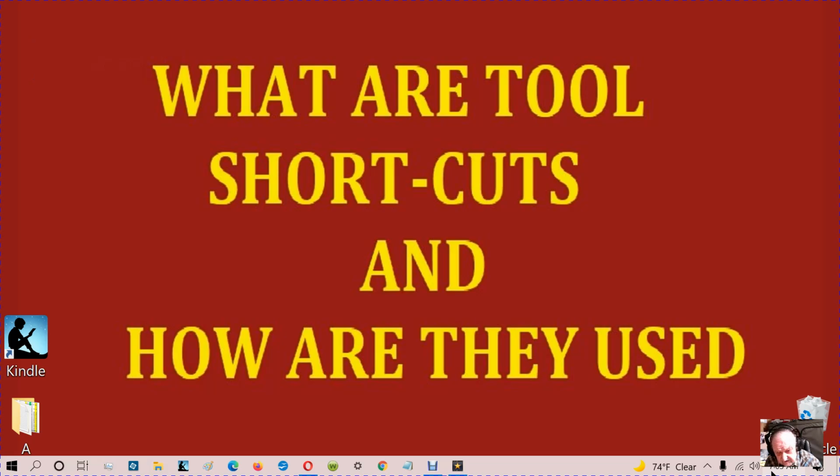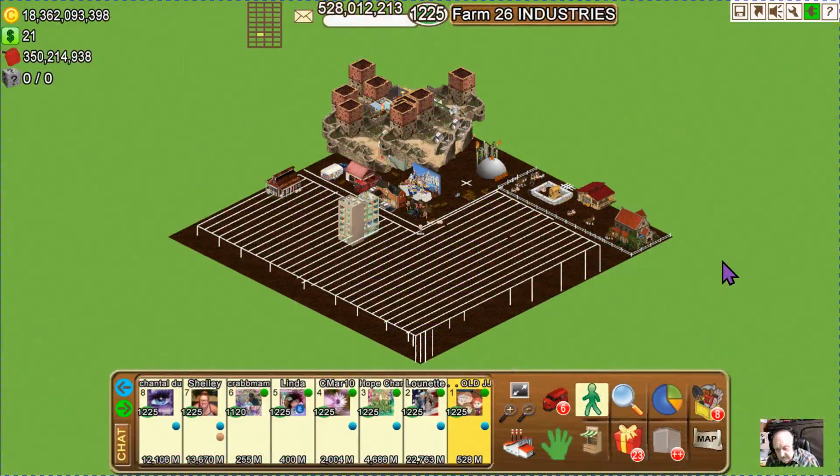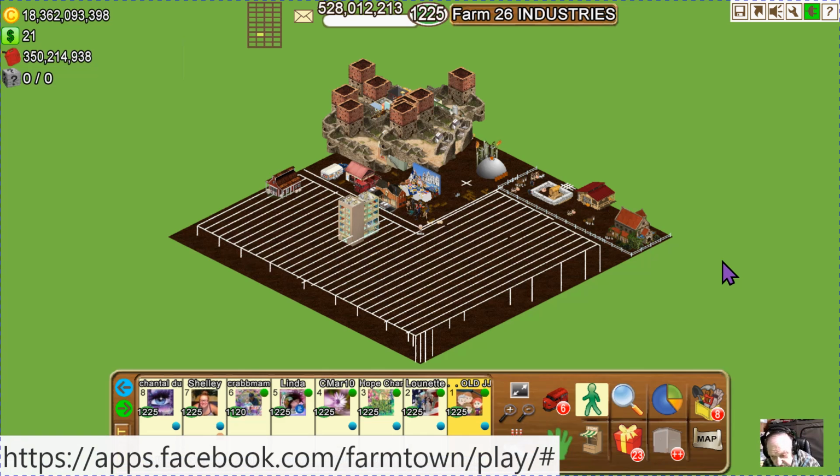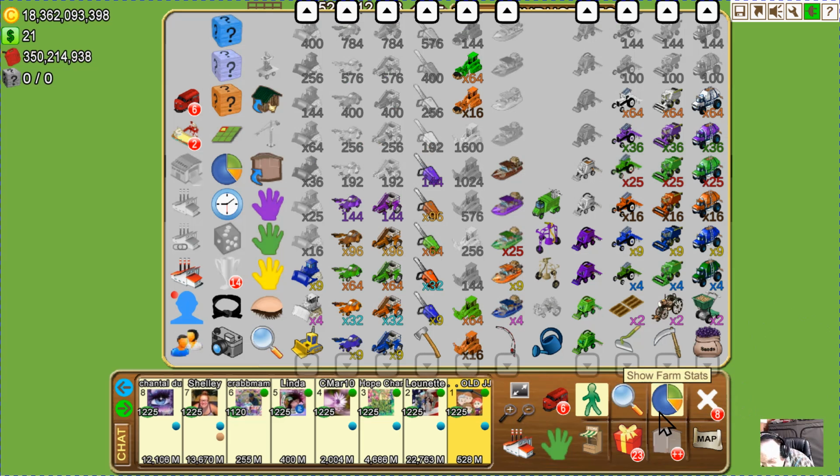This episode will be exploring water tool shortcuts and how they are used. This is an update to shortcuts for tools. Water tool shortcuts. Tool shortcuts are the items that we've put in down here, not there, but right here,